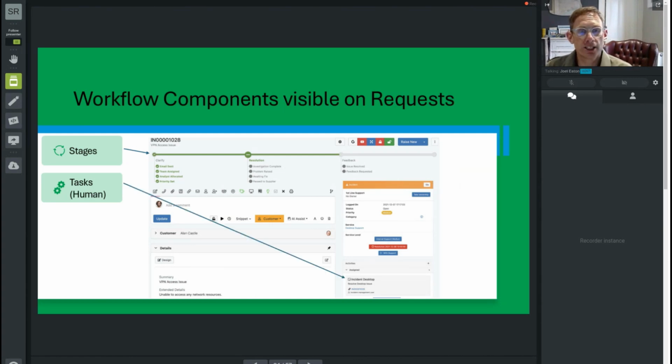Likewise, when we define human tasks in a workflow, these are surfaced on the request view as well. And when we assign tasks to agents, these are accessed by the agents here on one of the panels on the request view. Doesn't matter if you can't read it so well, it just illustrates where the workflow components are actually visible on the requests. So